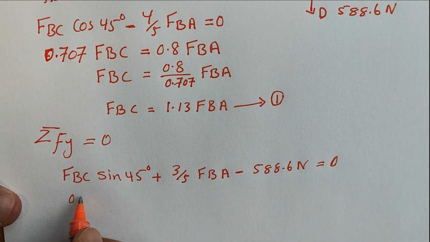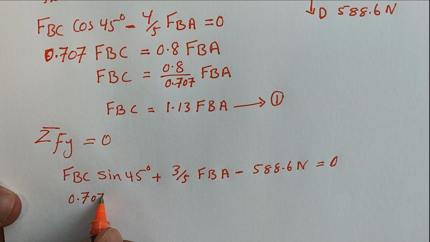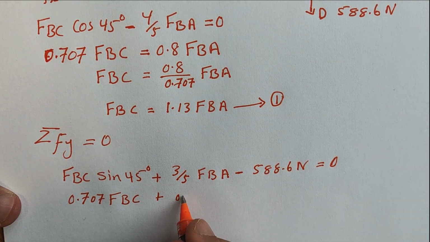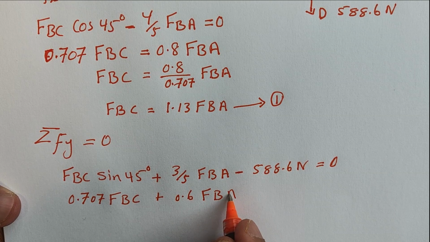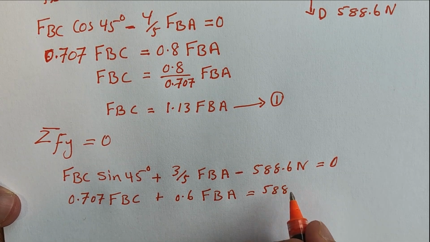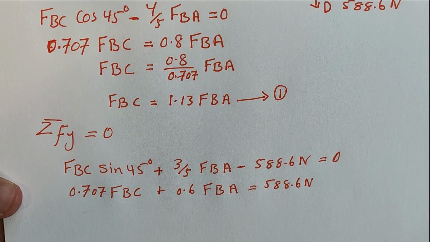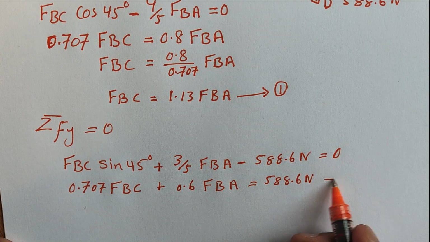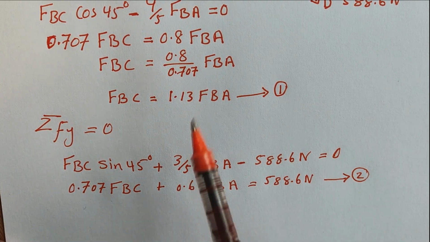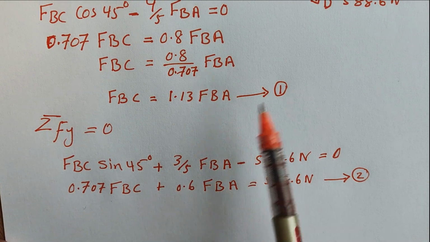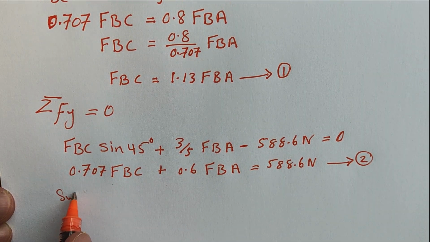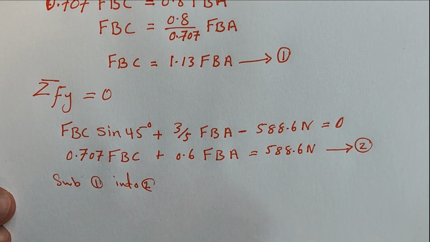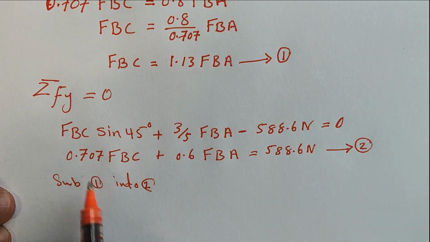Solving for this, we have 0.707 FBC plus 3 over 5, which is 0.6 FBA, equal to 588.6 Newton. We can name this equation number 2. Now we can substitute equation 1 into 2. So when we substitute for FBC, we know that we have